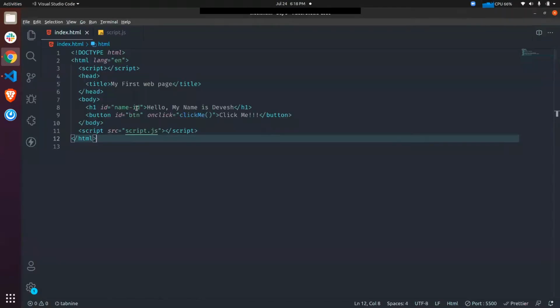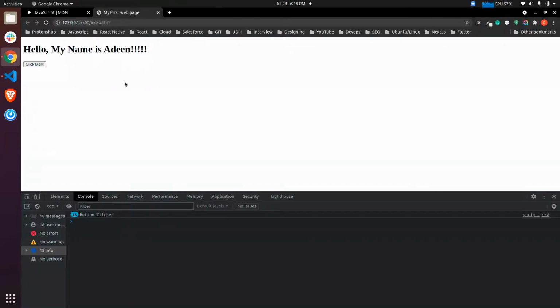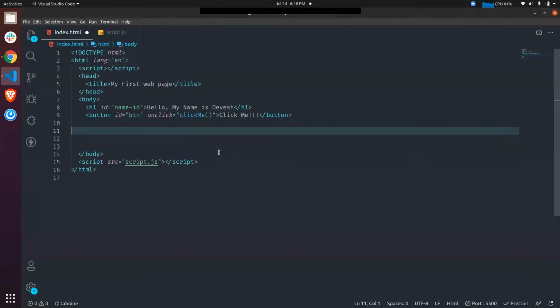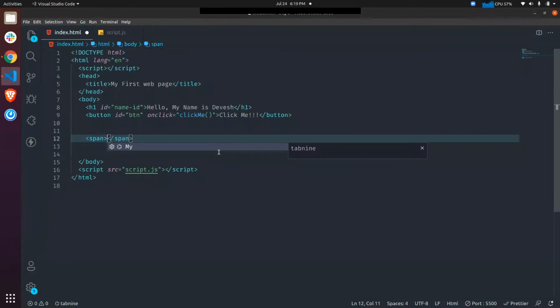So this is one of the events, which is on click. Let's say we have to perform some action on the hover of it. Hover means if I put my mouse on this text, I have to perform some stuff. Okay, so let's do that and then I'll explain how I'm doing it. If I take a span with a color, and I am giving it an ID of, let's say, span 1.